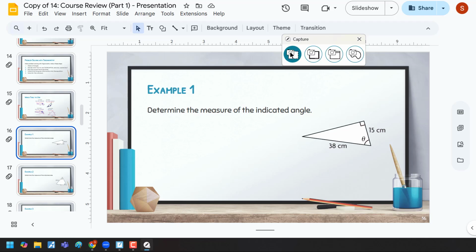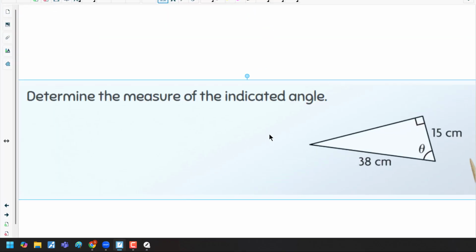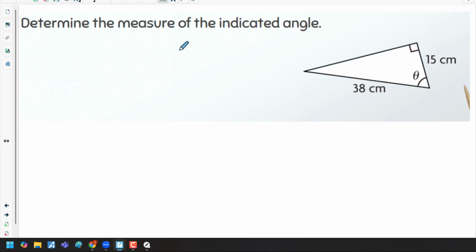Let's see how we do this. Determine the measure of the indicated angle. So we're looking for this here, that's called theta. Right away, this is a right angle triangle. Since this is a right angle triangle, I know I'm going to be using something called SOHCAHTOA,